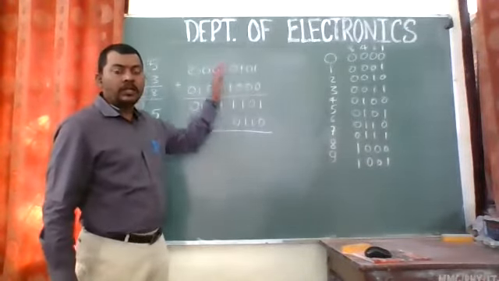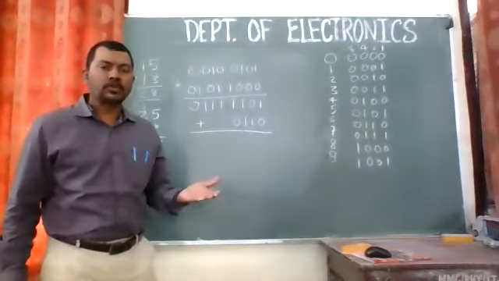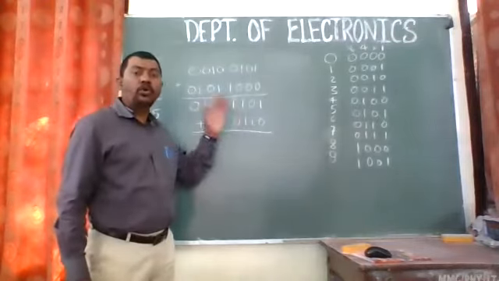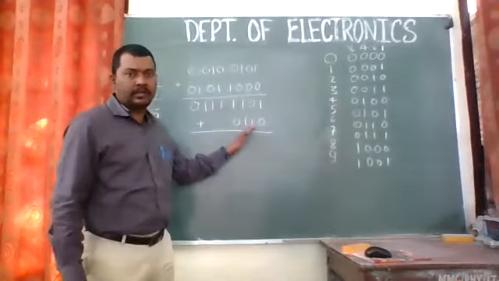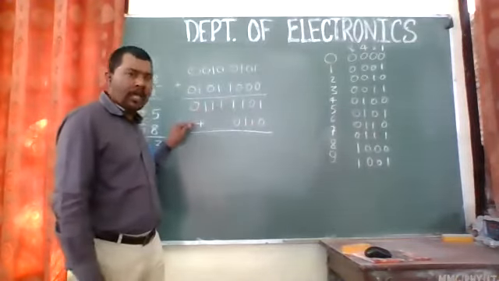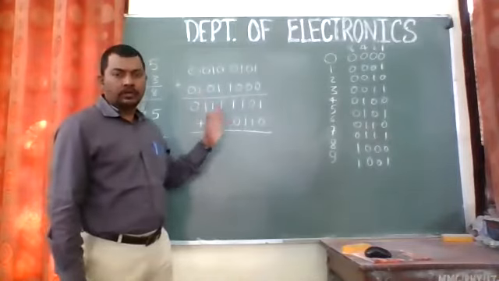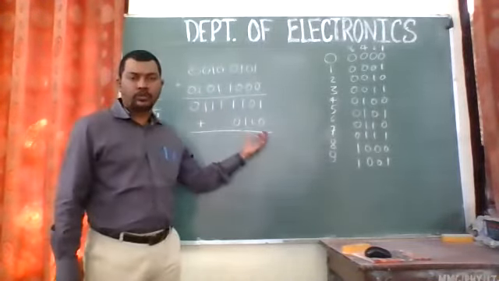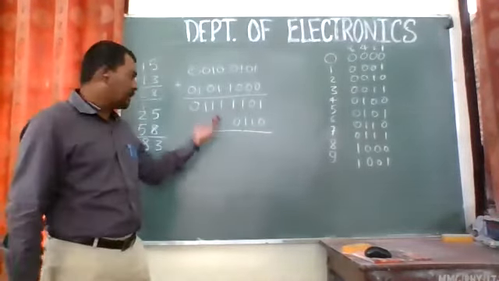Whenever in the first 4 bits the number exceeds more than 9, then what we have to do is we have to add 0110 to that particular bit only. अगर यहाँ जनरेट हुआ है तो यहीं ऐड करना है, अगर यहाँ जनरेट होता तो हम यहाँ पे भी ऐड करते. So in every 4-bit group we have to add that 0110. That is 6 in binary, right? So that is what is to be added.